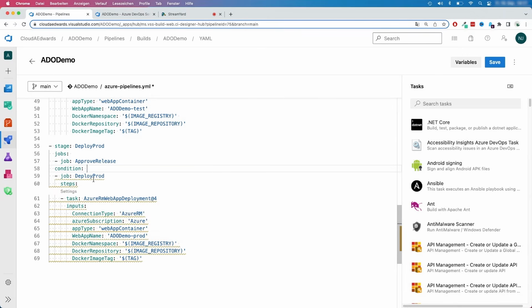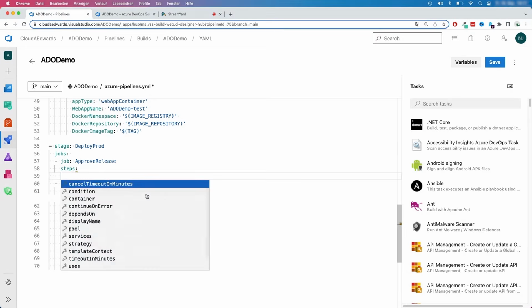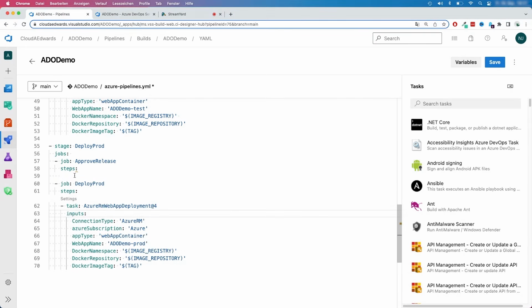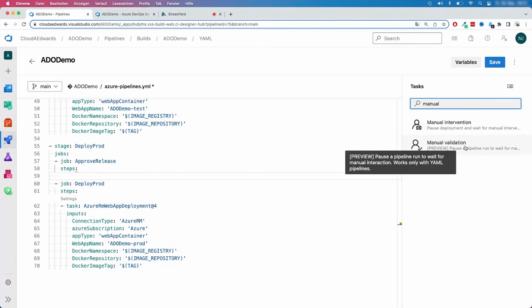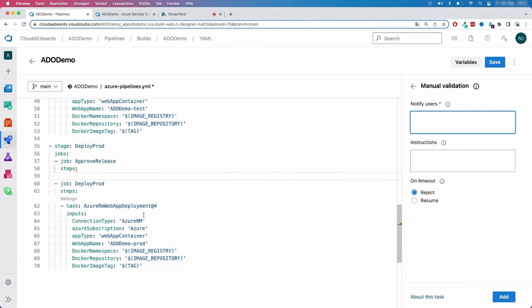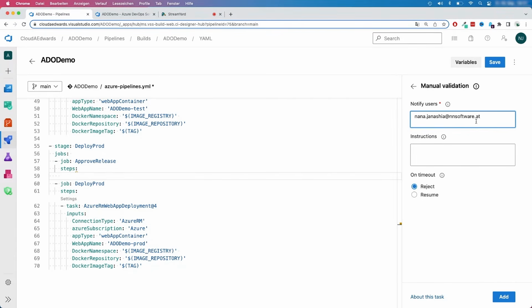And let's do steps. And we're going to use a task for this one, actually. I'm going to do manual validation. So that's the task. We can basically notify users. So whenever the deployment is ready to be deployed to production, we're going to notify these people. They get an email: a job is waiting for your manual approval. Please validate it. And we can also write instructions here saying, please validate and approve